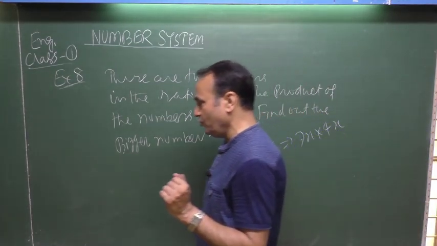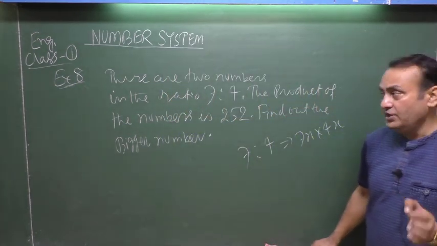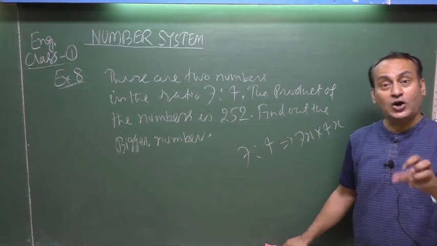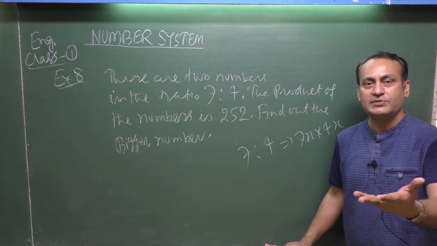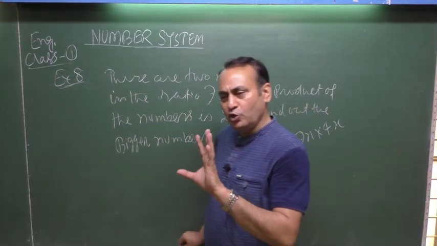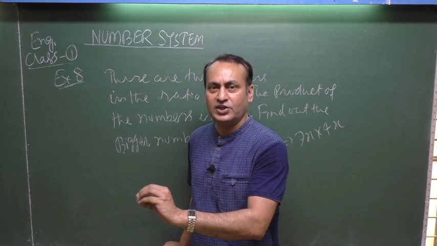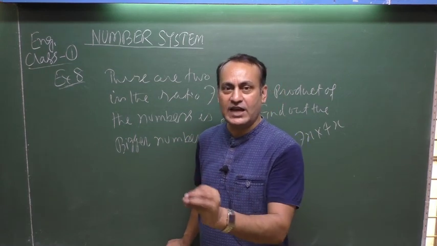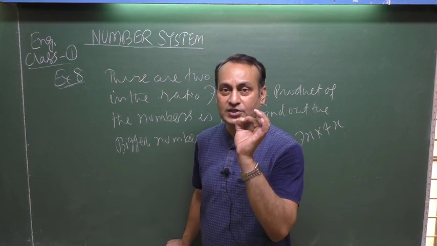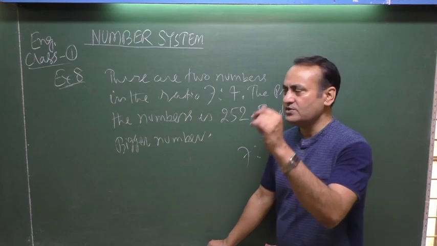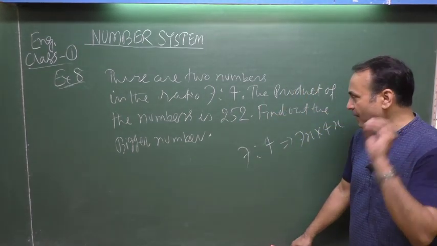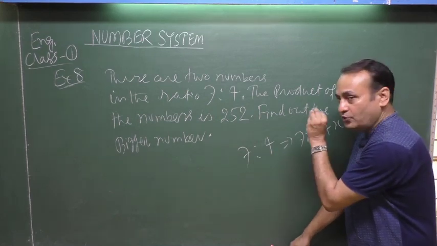Here one note will be written to you. If the product is such 252, you have to write 7x into 4x. Without putting x here, you may commit a mistake. That's why you have been directed. In addition, you may use x or not. It is optional. But in product, it is mandatory to use x in such questions. That means, question says here the product is 252. That's why you are reminded 7x into 4x